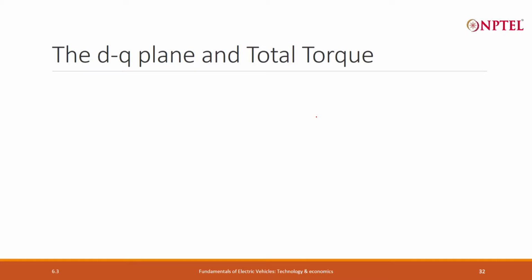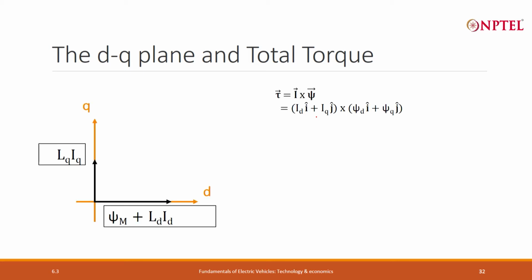So, let us now examine the IPMSM motor in some more detail. We looked at the reluctance torque in isolation. Let us look at what is the total torque I will get. Again we can draw a drawing like this, where we are concerned with the total flux. We are not worried about whether it is coming from the winding and the reluctance or whether it is coming